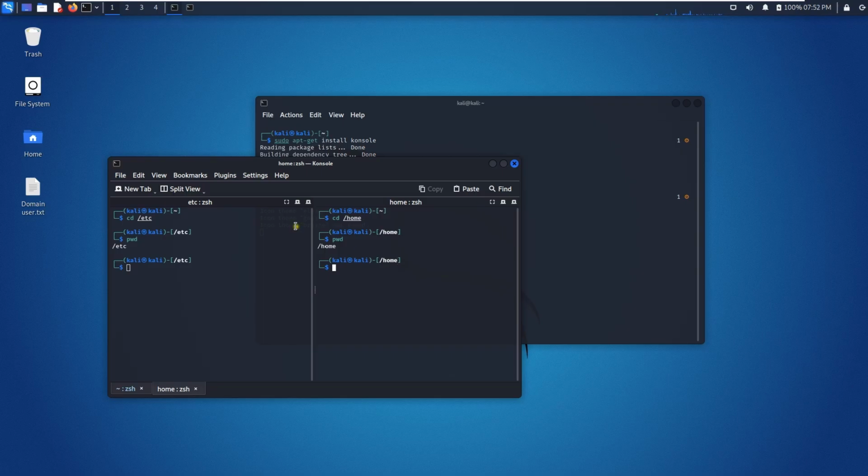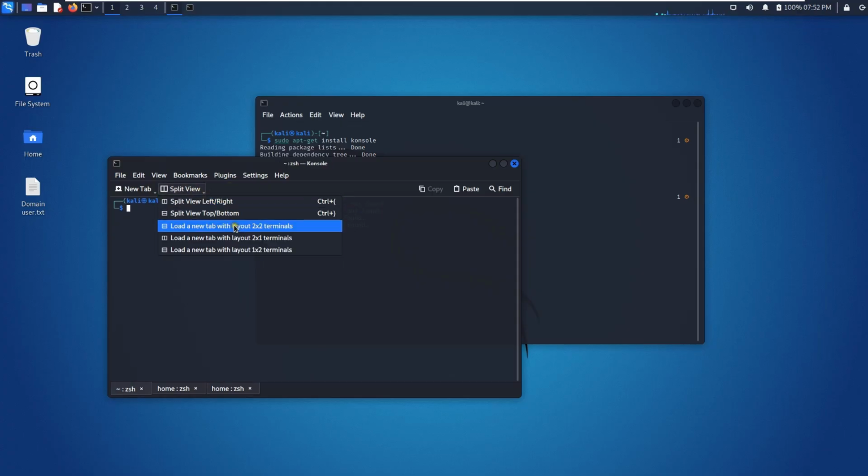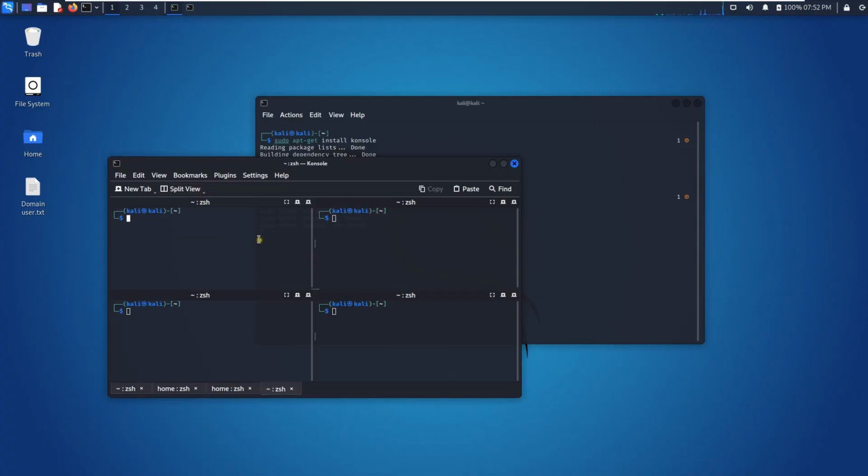This is how Console works. You can use another one and split it to the right. So that is the basic thing of this one. If you want to use multiple consoles, like 2x2, in a single window, that will